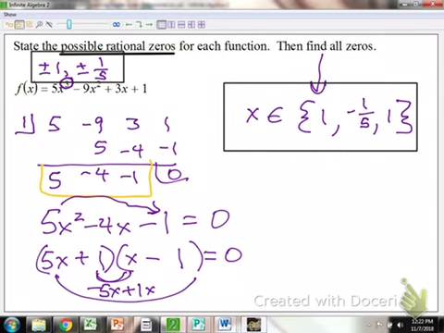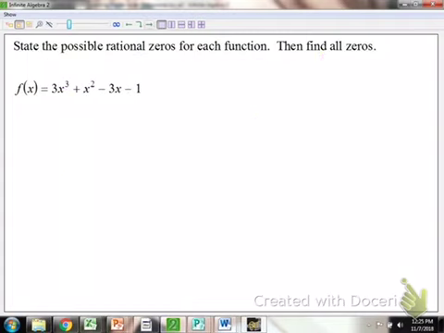All 3 zeros of this one are actually rational numbers, and you can see that they're indeed on our list. 1 is a 0 twice, which is going to affect what happens with the graph there, but we're not sketching the graphs of these, even though we could quite easily sketch this graph. All right, so the next example is to state all the possible rational zeros and then find all the zeros